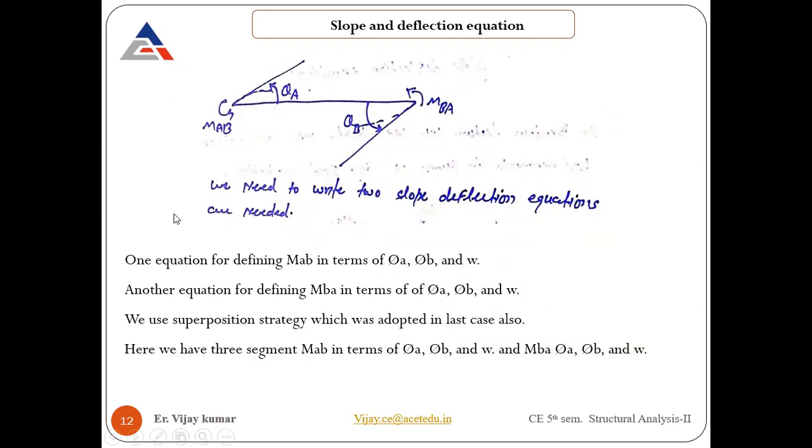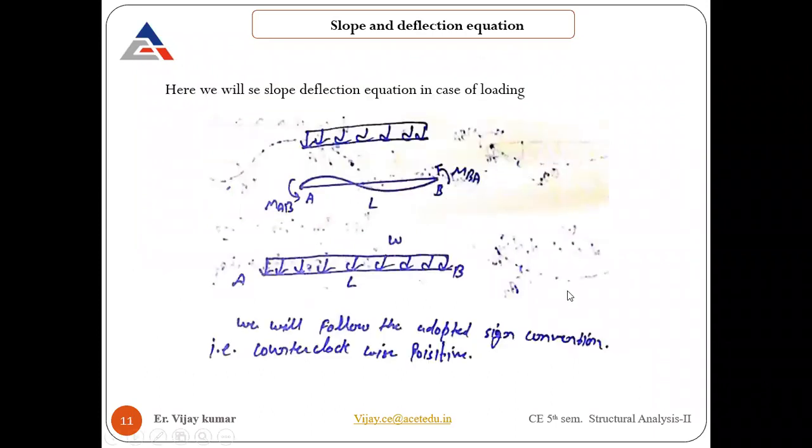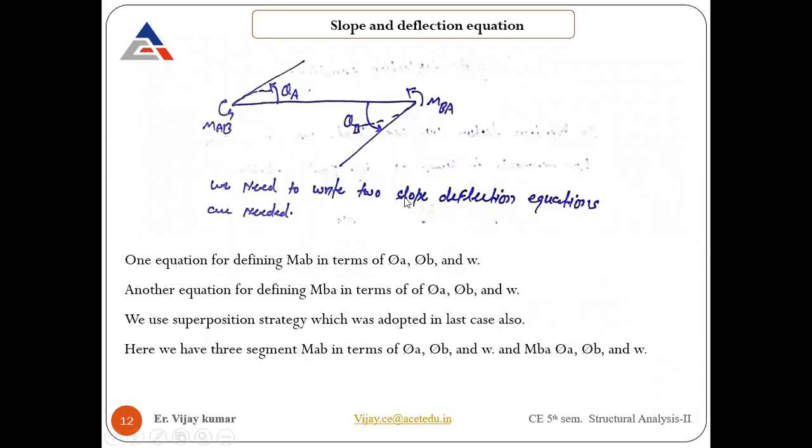In this same beam, I try to draw it here. Due to this MAB, which is a moment acting over here, it will try to deflect the shape that I showed you in the previous slide. Let me show you again so you can connect with it. This is the same shape. Here I'm taking the outer portion only. That's how it's going to deflect.